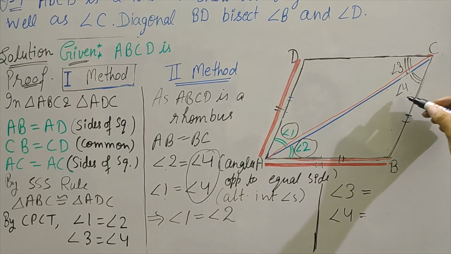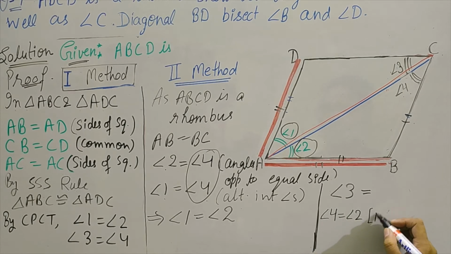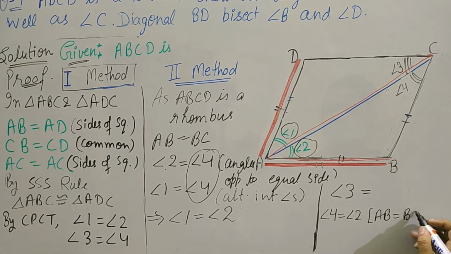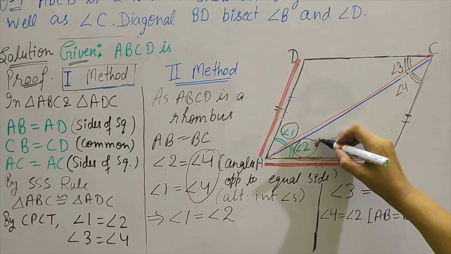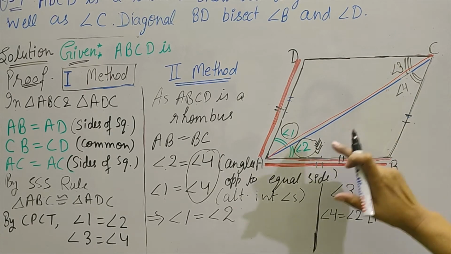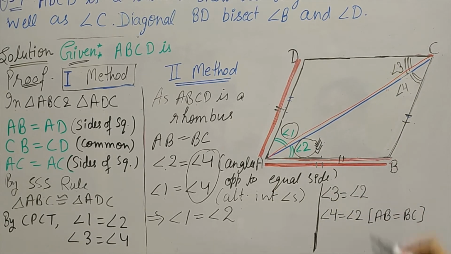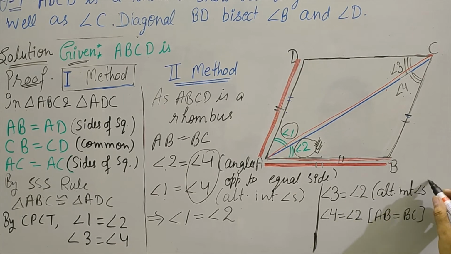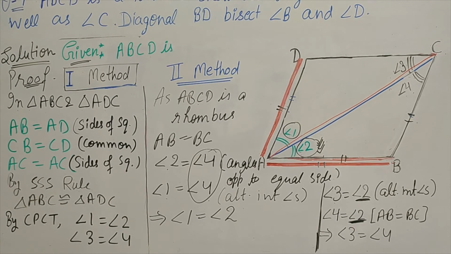Okay, so you know angle 4 is equals to angle 2. अभी proof किया है. So we know angle 4 is equals to angle 2 as these sides are equal. AB is equals to BC. So we can write angle 4 is equals to angle 2. Okay, this time this particular fixed angle is angle 2. So 4 is equals to angle 2 and angle 3, it can also be written equals to angle 2. The reason, alternate interior angles. Okay. Now by these two equations we can say angle 3 is equals to angle 4. 3 also equals to 2. 4 also equals to 2. It means angle 3 and angle 4 are equal to each other. Now both the methods are in front of you.